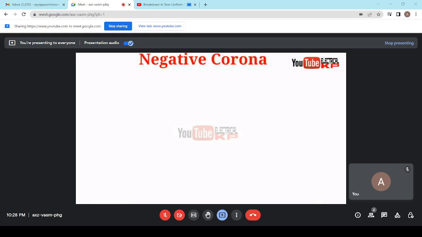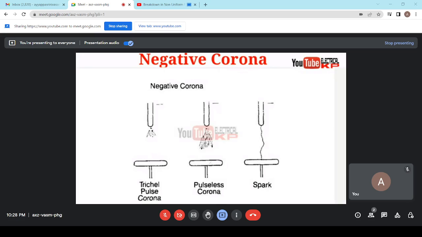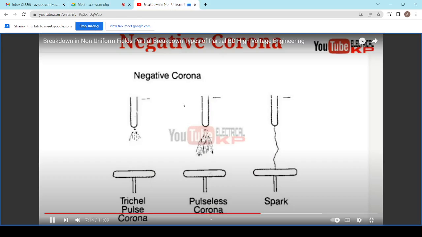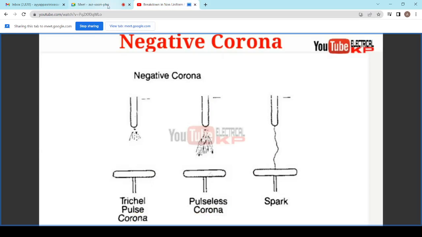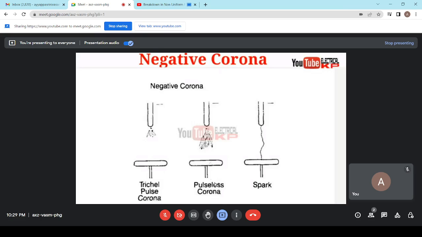The other one is the negative corona. When the discharge is due to the negative polarity of the conductor, the resulting corona is negative corona. When a negative potential is applied to the electrode, space charge is created in the vicinity and the positive ions terminate at the negative electrode, thus reducing the field or the stress near the negative electrode, and a higher voltage is then required for the initiation of the breakdown